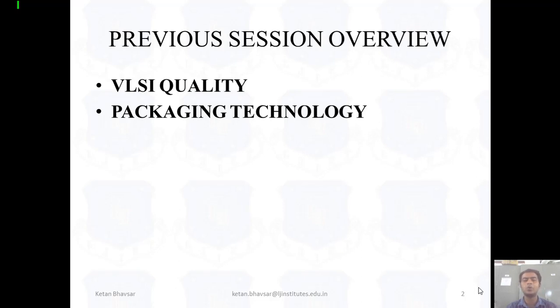So this is about when you are working on the mass production side, and also verification plays a main role when we are dealing with quality parameters in VLSI technology. And also packaging technology. In packaging technology, we discussed the different types of packaging technology. We are familiar with the quad technology, the DIP technology, and also the multiple board on chip technology, as you can see in your smartphone and gadgets.